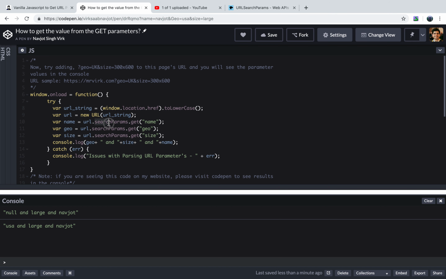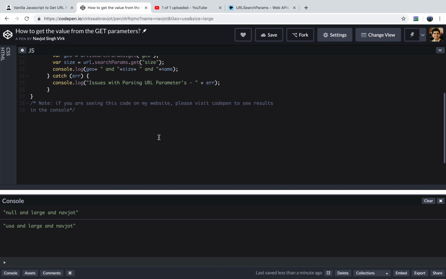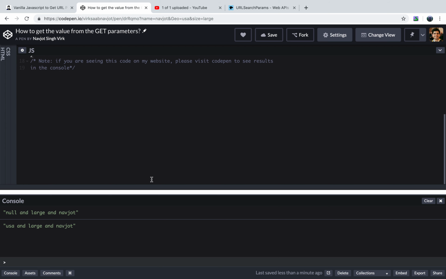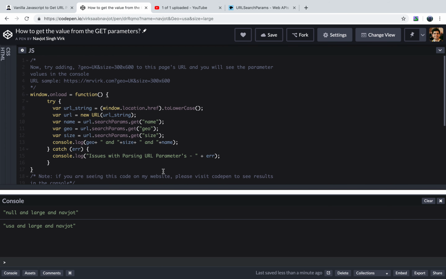So we're saying search params, which is a URL method, which is available to us because we said new URL and we passed in the URL string. And then we say .get name, get geo, .get size. Awesome. And then we basically console it, and that's where our results get printed. And that's it, guys. It's a very, very simple way of doing things in 2019 and going forward from here,